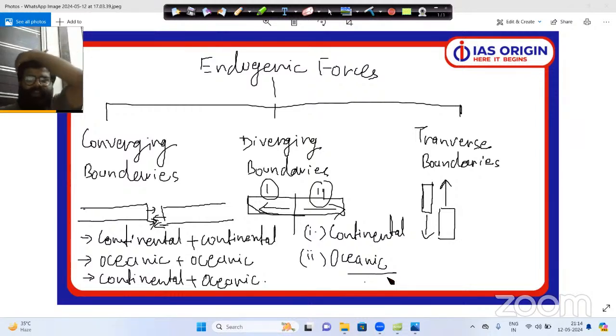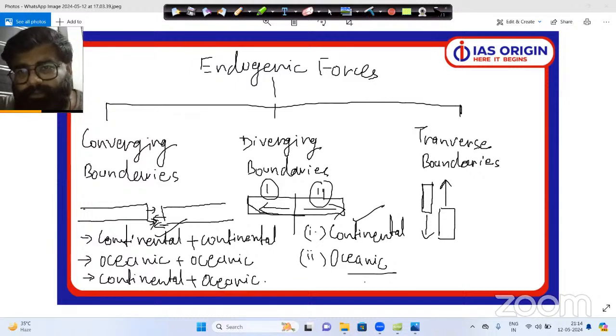So studying these concepts of converging boundaries and diverging boundaries is basically known as your endogenic forces. Now please try to understand one more thing here. When we are talking about the